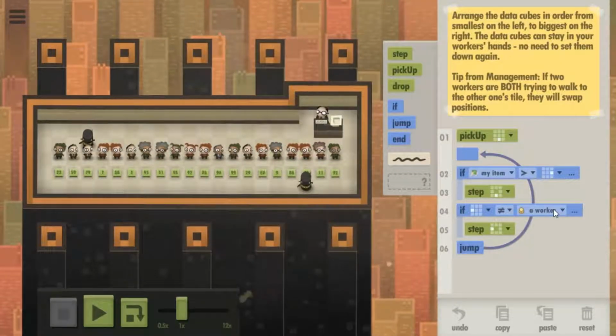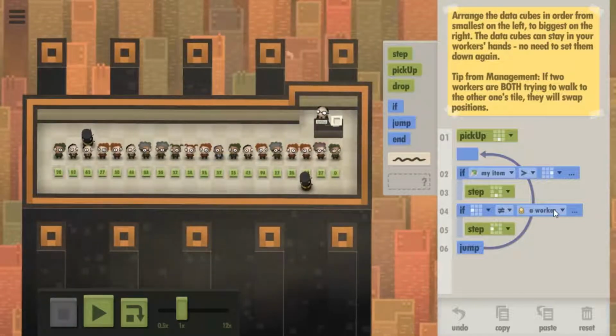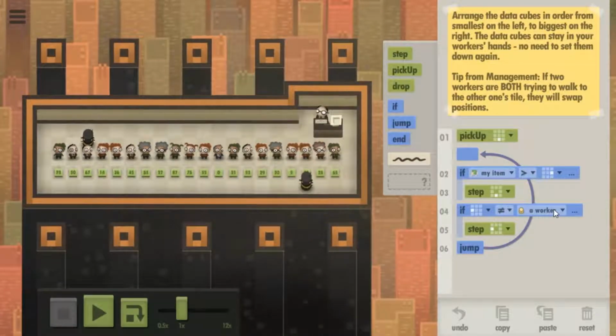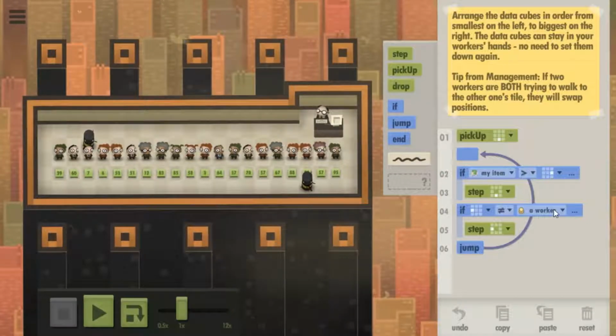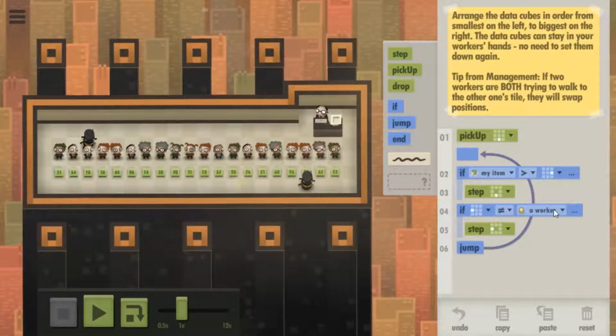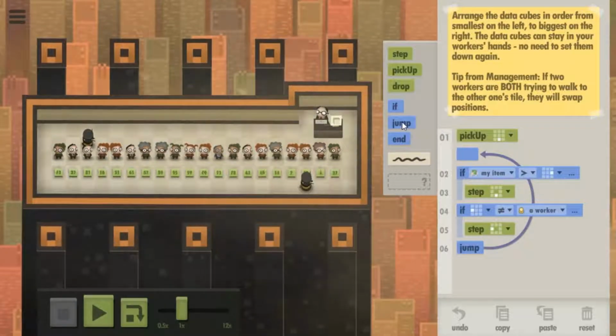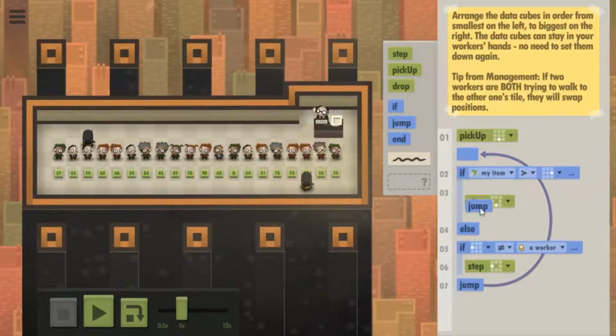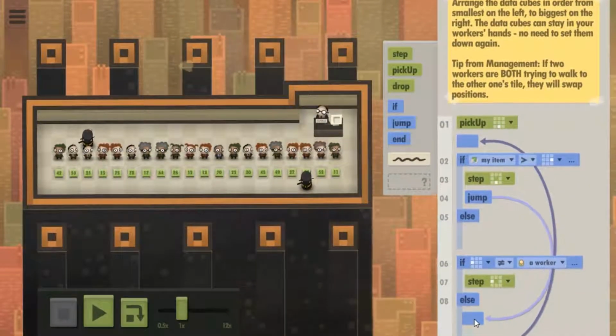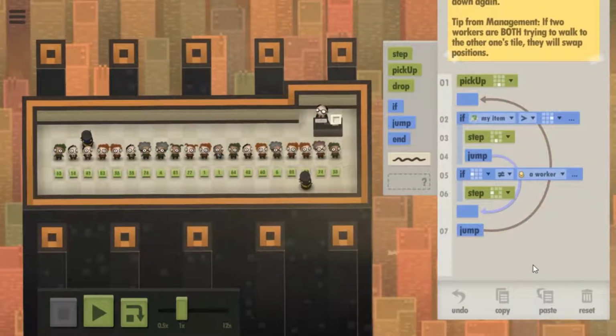I so desperately want to give you a hint here. So I need a way to flag. Oh, well, I can just jump past that. This is ugly. Spaghetti code.